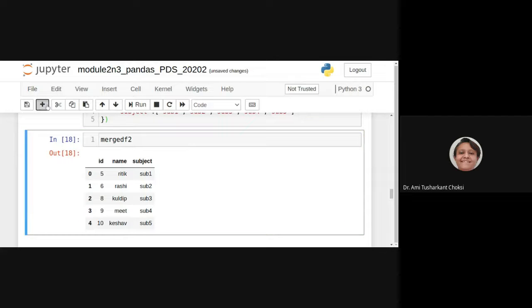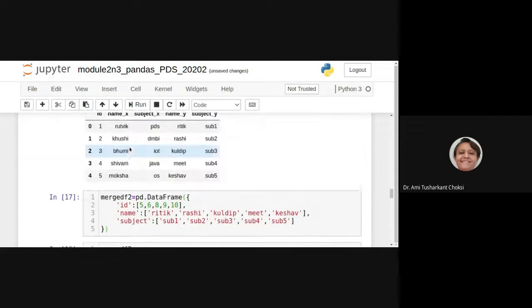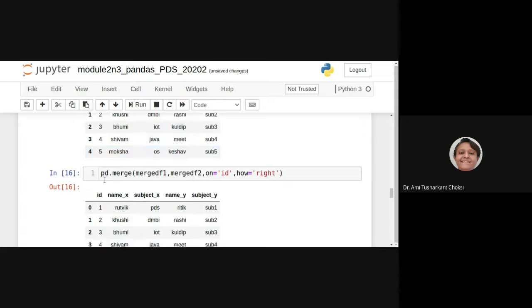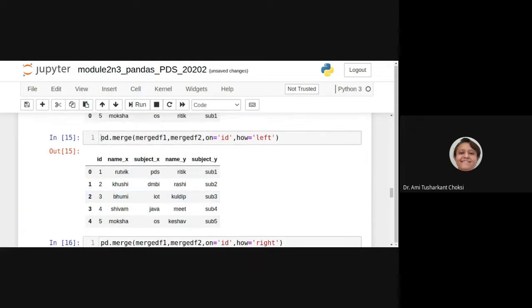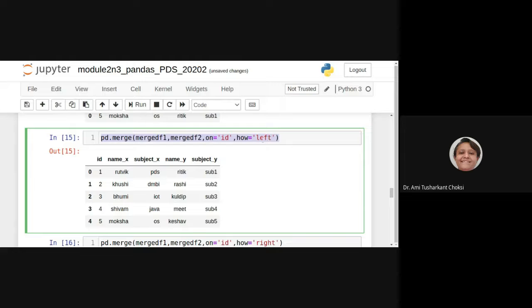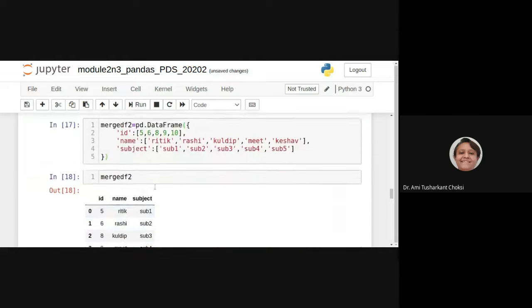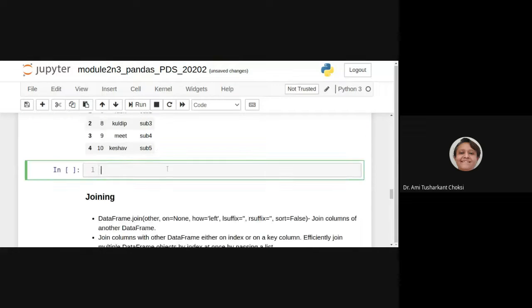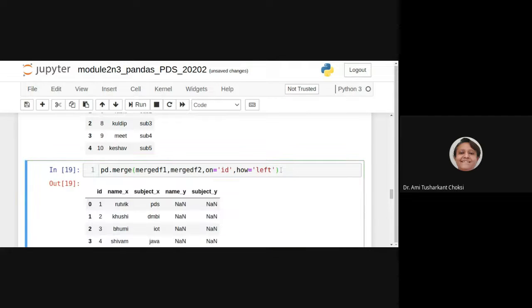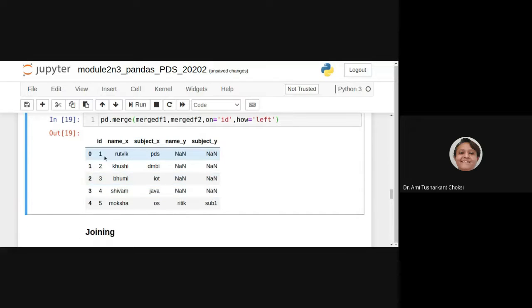After that, we can say what we want is we want to have this pd.merge left, and then after we'll be doing the right. Okay, right merging and left merging. First of all, let us see the left merging. What is that? 1, 2, 3, 4, 5, right? 1, 2, 3, 4, 5. And for that, whatever is there in our